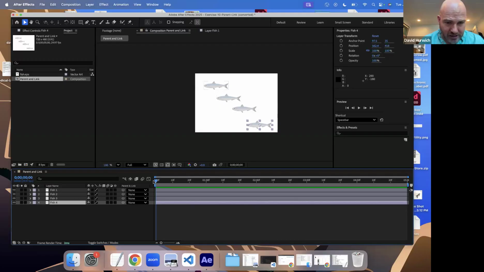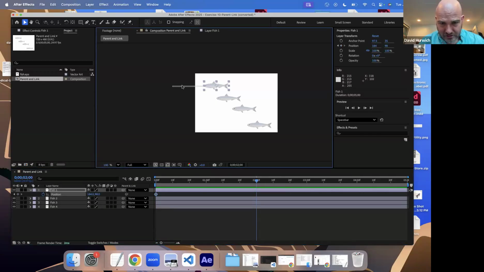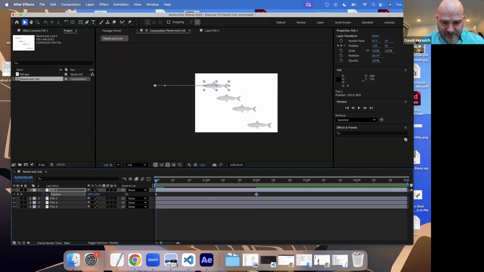Okay. So what I'm going to do here is I have fish one, and I'm going to set a position. And I'm just going to animate the fish over 2 seconds going to the right. Hopefully, can I select it? There we go. Okay. So hopefully at this point, you guys should know how this works. So I'm changing the position of fish one to move from kind of top middle left to there. Now, let's say I wanted the fish to follow this, I could animate that individually, but